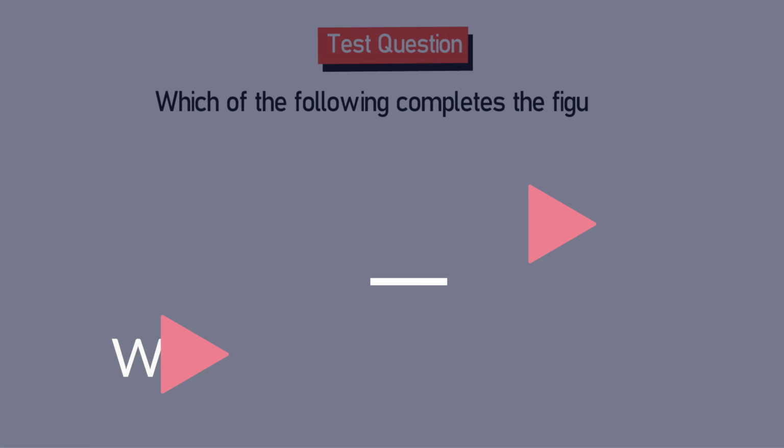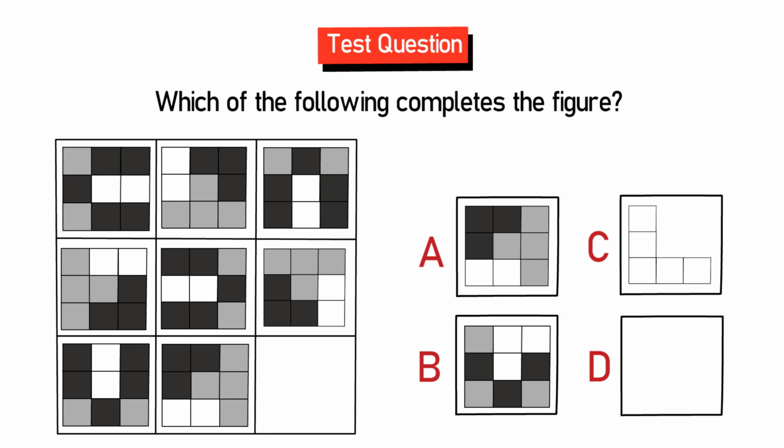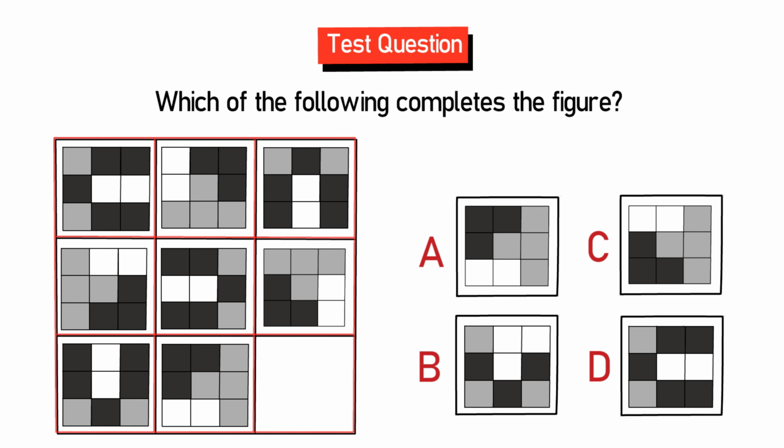I wanted to share with you a cool question which started showing up on the tests very recently. You're presented with the 3x3 matrix. Each square of the matrix contains another matrix inside with 3x3 small squares. There are different colors inside the 3x3 small squares. In this case, we see gray, white, and black. One 3x3 square is missing,